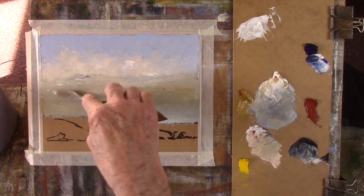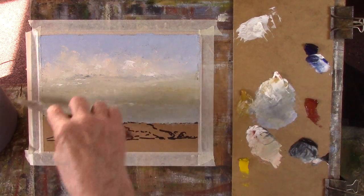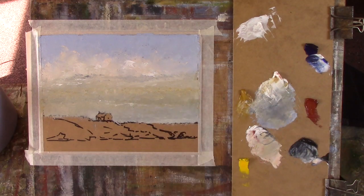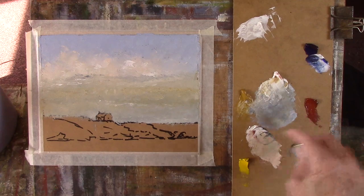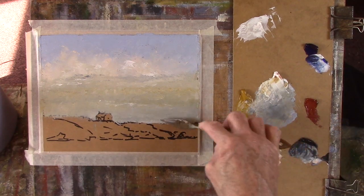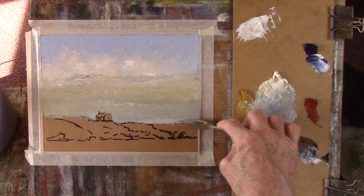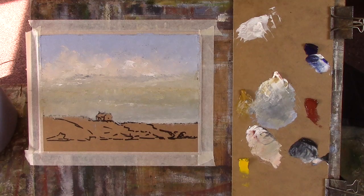Just merge that bit. Right, now we've got quite a bit in that sky now. Let's just lighten that up a bit there. Okay, let's